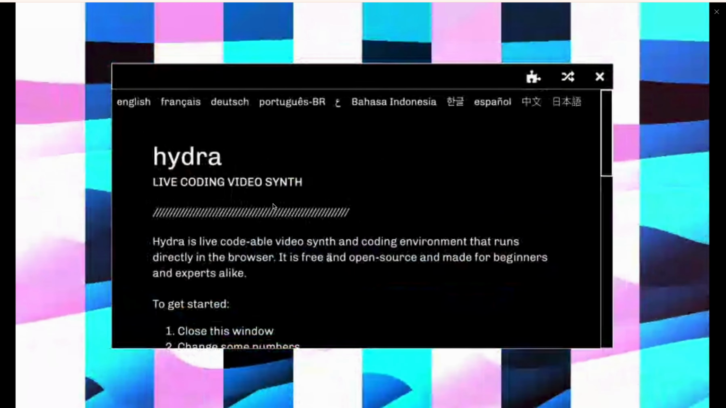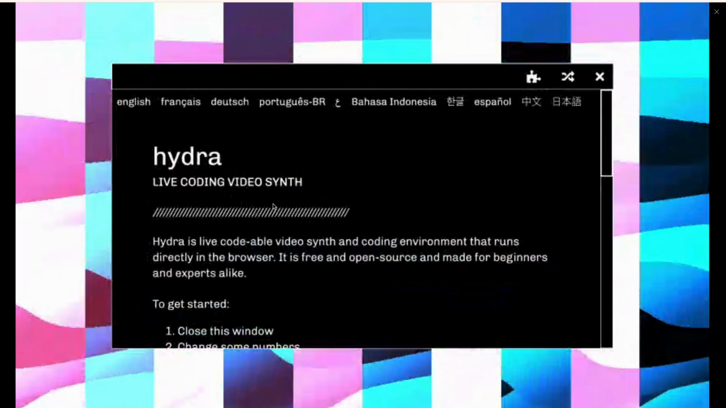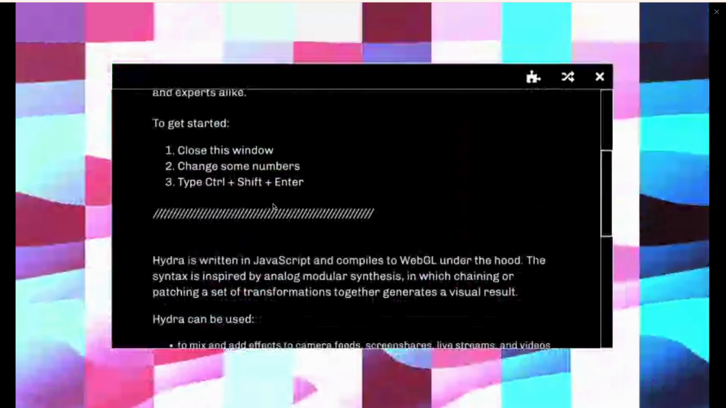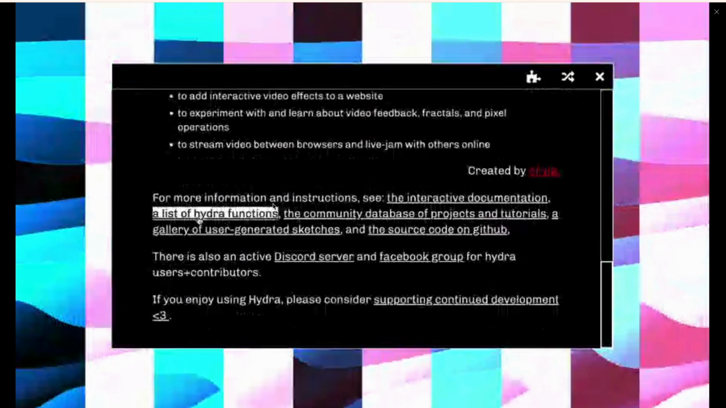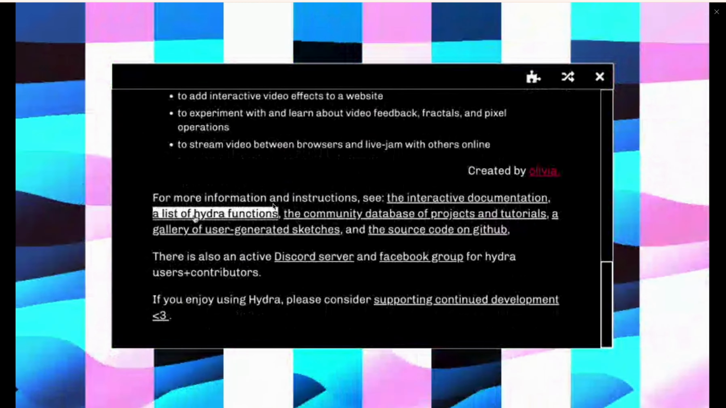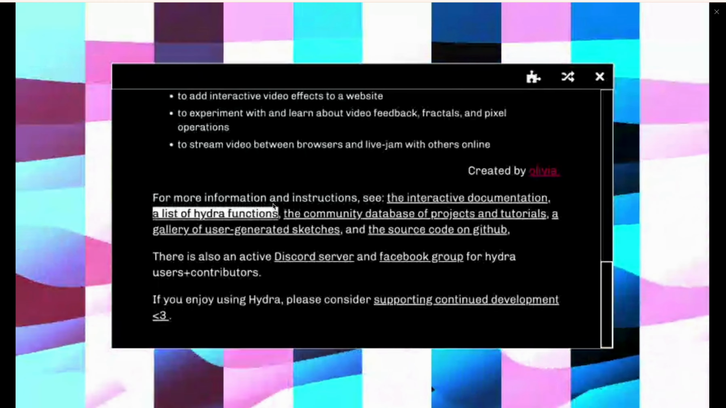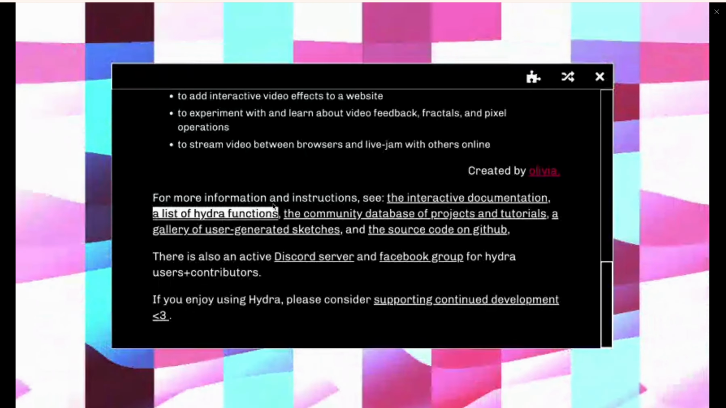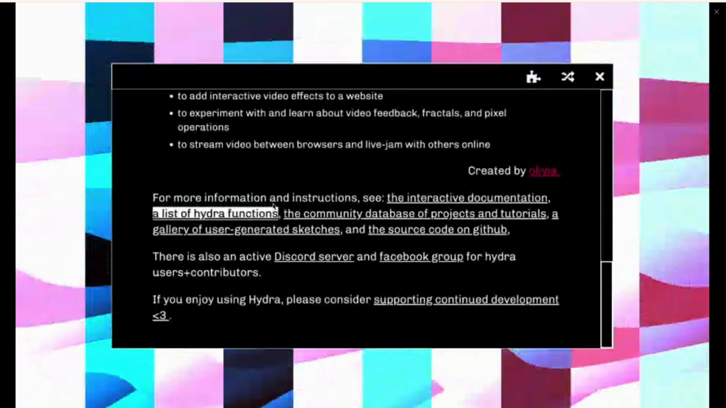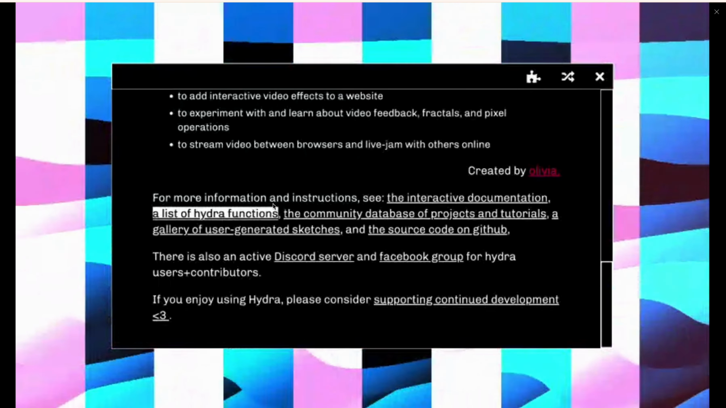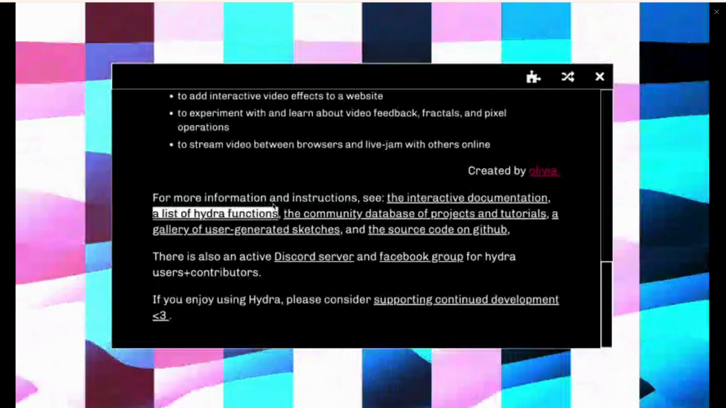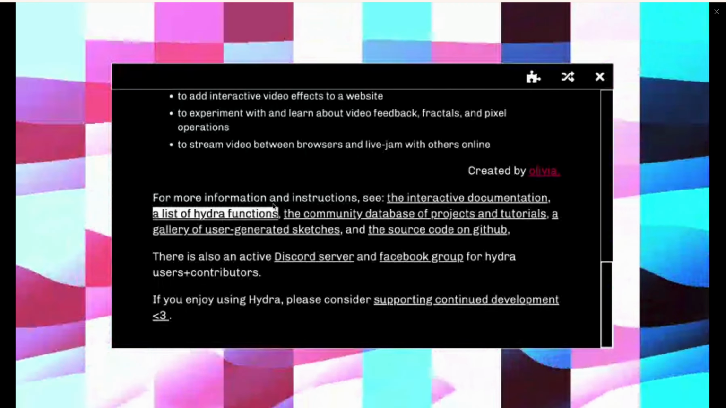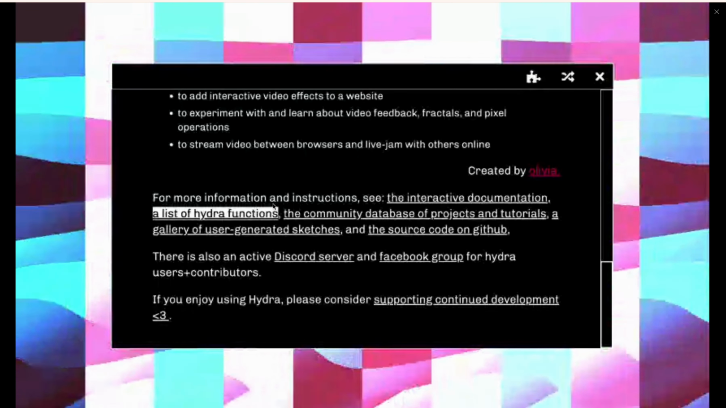So if we go back to our opening page, I want to show you now the list of Hydra functions. If you pull this up on the main page and click on list of Hydra functions, it's going to take you to this page here. And when I'm working in Hydra, I usually have both of these pages open. So I have my functions page, and then I have,